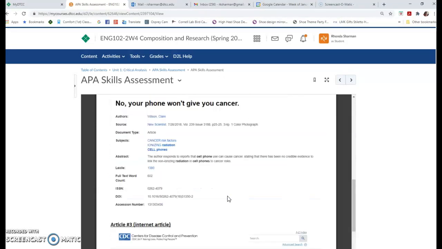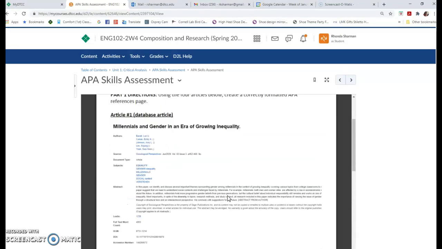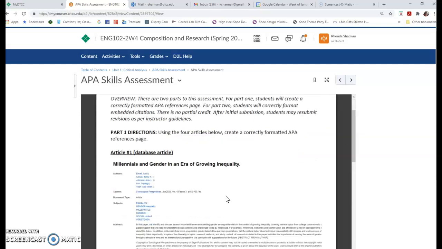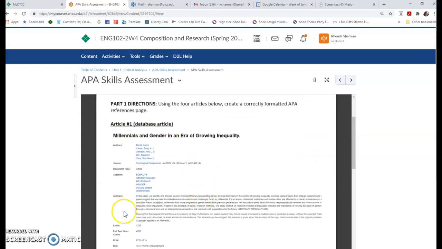Okay, so for the references, what you're going to need to do is look at the information and then use your APA resources to figure out how to list that particular article. So article number 1 is listed as a database article.